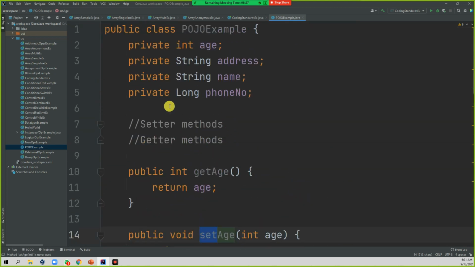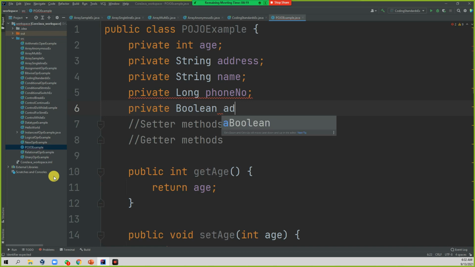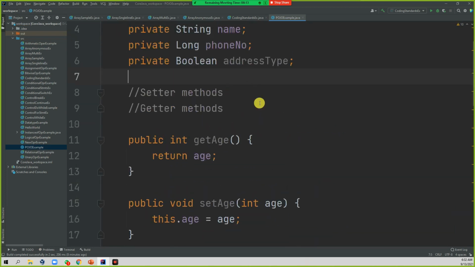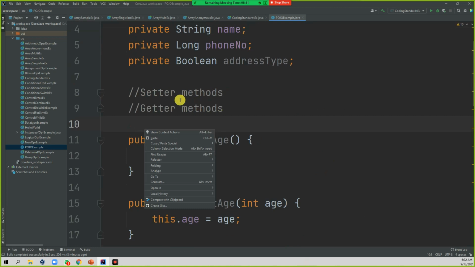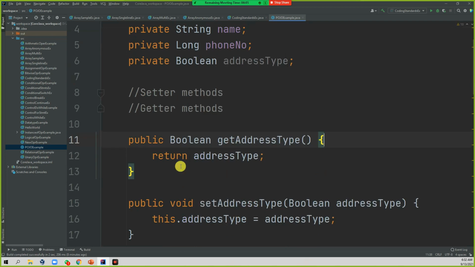But only one thing changes when you handle the boolean type. So, private boolean, let's just give it as address type. When you are dealing with the boolean type, the naming convention will vary.